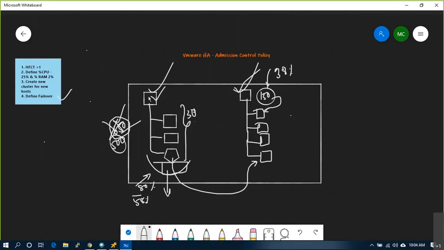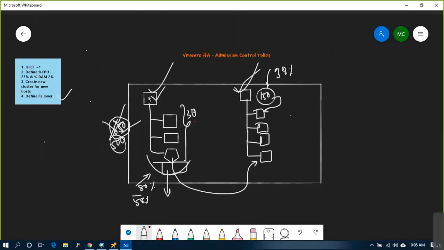But with this reserved host or defined failover host, the host will sit idle for lifetime, and the only work it will do is when the failure happens, when a hardware failure happened and a host went offline, one of the 63 hosts, whatever VMs are running on that particular host will be restarted onto this reserved host or failover host. Till then the host will be empty, sitting idle for 365 days.